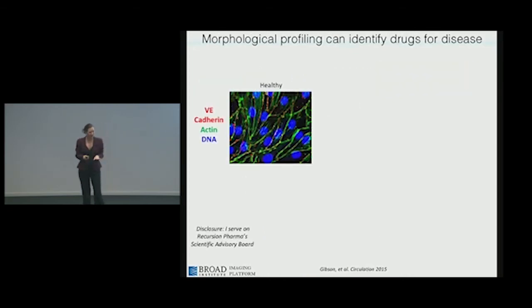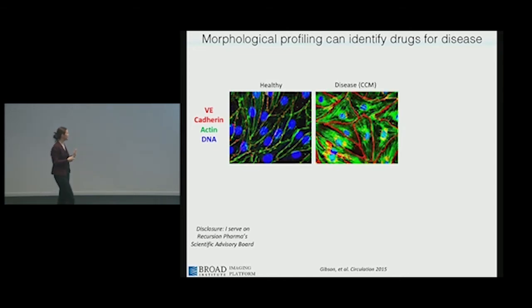This example is actually not from my lab. This is from the University of Utah, but I was so excited about them taking this approach using CellProfiler software and their own assay that I now serve on their board. The basic concept here was this lab had been studying a hereditary disorder known as CCM. And they knew that it was caused by a single gene. So you lose function of the single gene, you get the disease. And so they could replicate that in a cell model by knocking down the gene, CCM2,